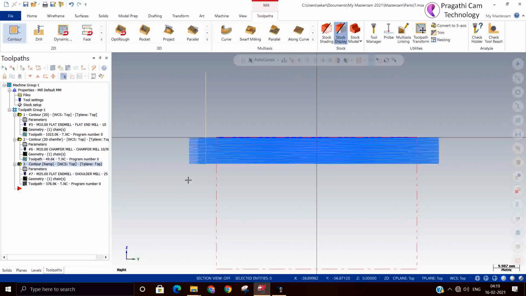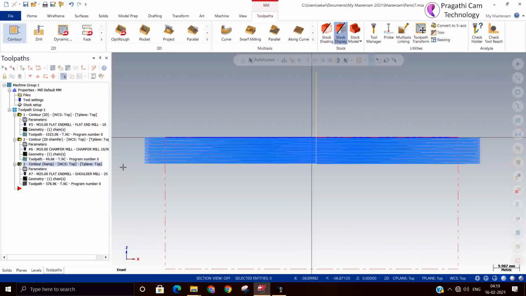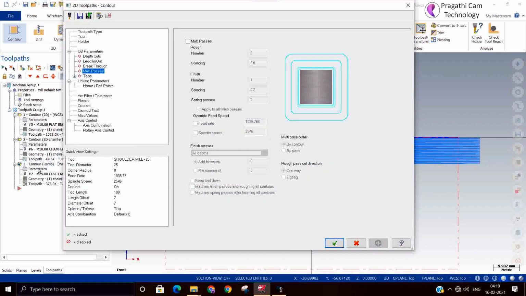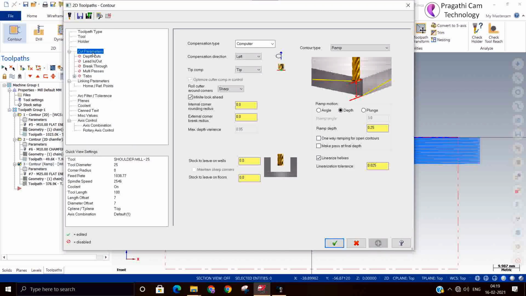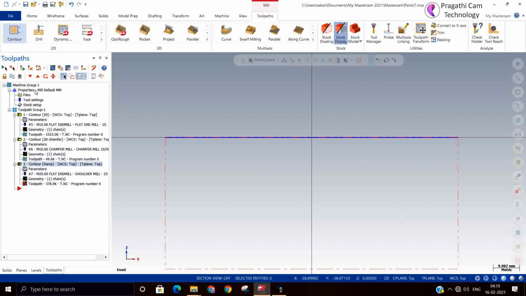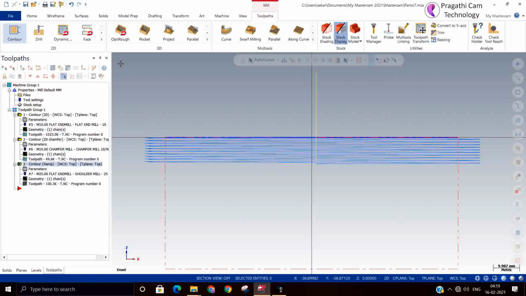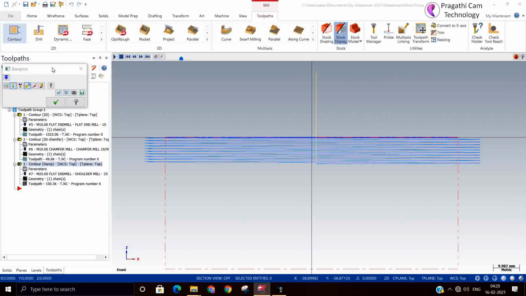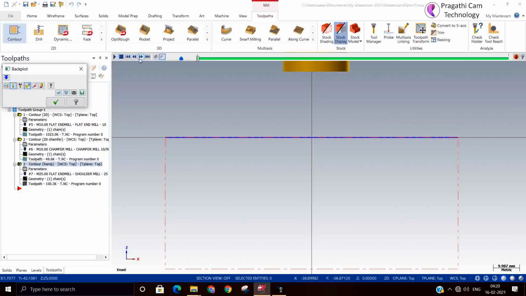So if you go to front view, if I give a depth of cut a little more, it's easy for us to explain to you. That's the reason. So now we'll go to the front view and the backplot and see how this works.